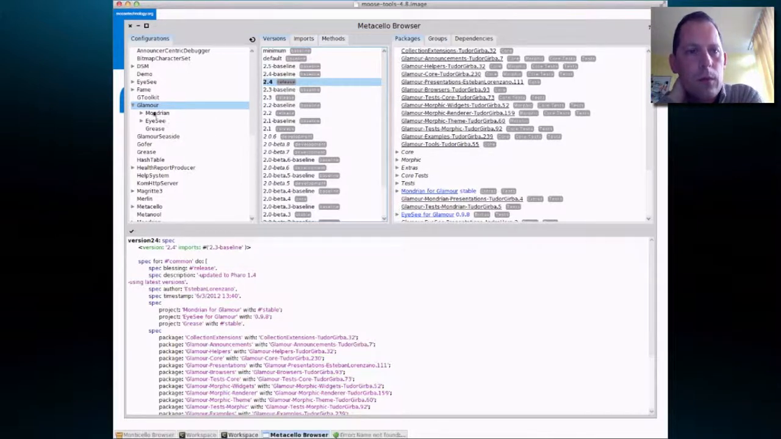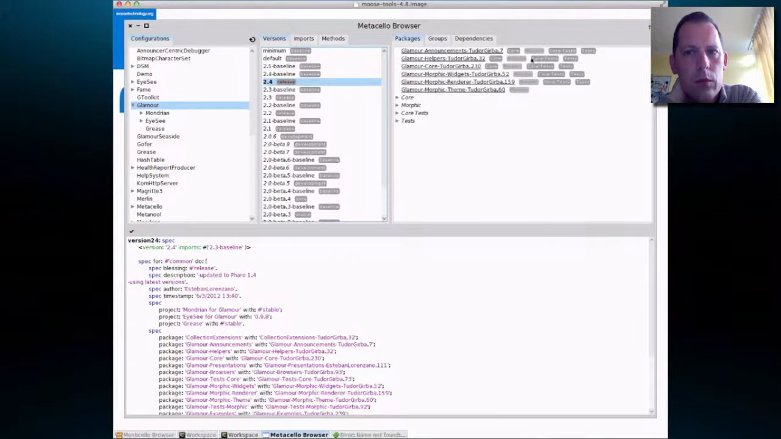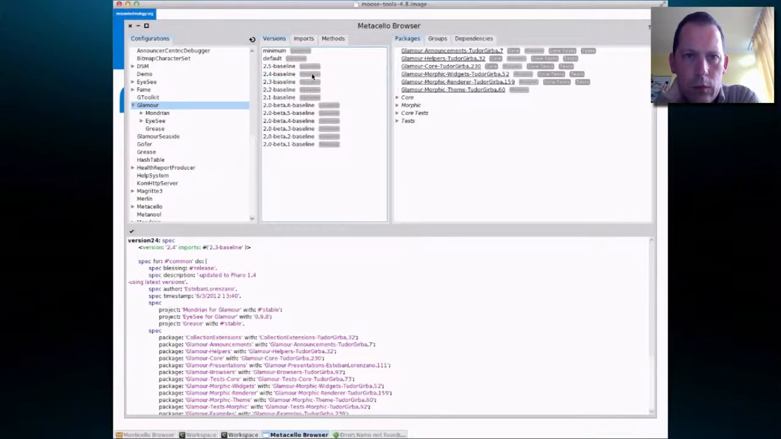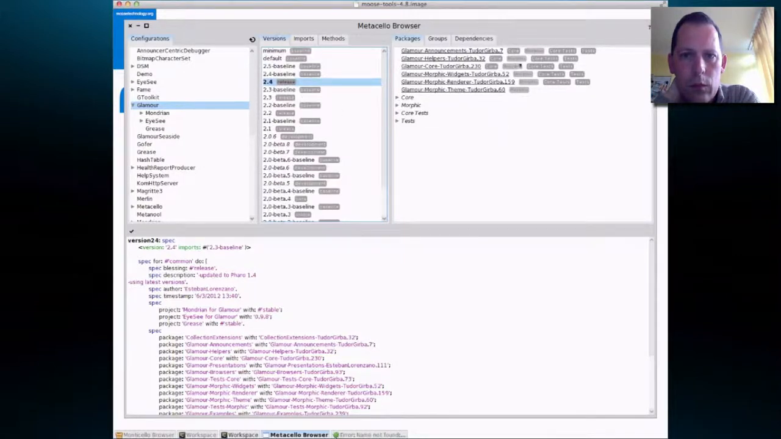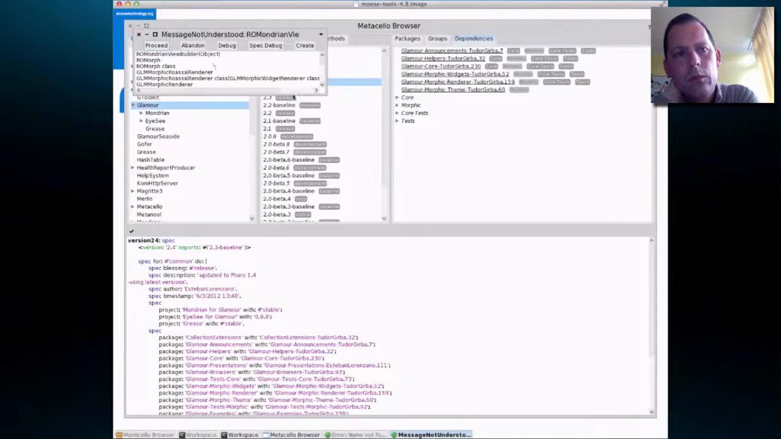As for the coding, here I can select the group, and then you see exactly this group. Here I can also say I want to only see the baselines, and it filters on the baselines. And I have a dependency graph